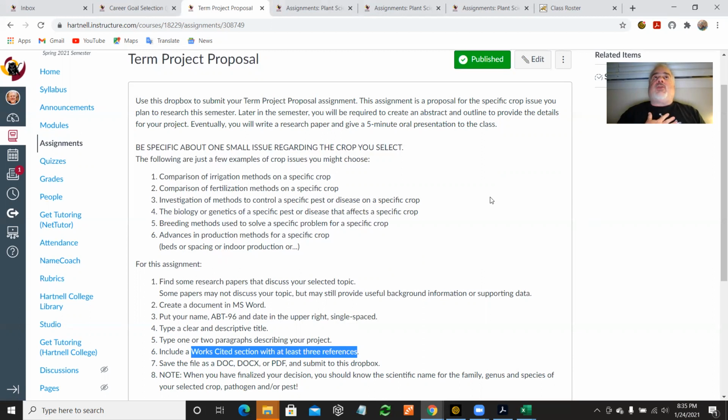So, for example, if I'm doing a paper on breeding lettuce for downy mildew resistance, I don't need to find papers that are just about breeding lettuce for downy mildew resistance. I could find a paper that has to do with breeding lettuce in general, and it says something that is relevant to my topic. Or maybe a paper about downy mildew in general, or maybe a paper about chemical controls to prevent downy mildew that might say something relevant to my paper, something that helps me tell a story supported